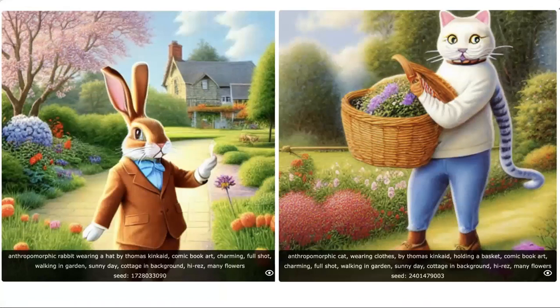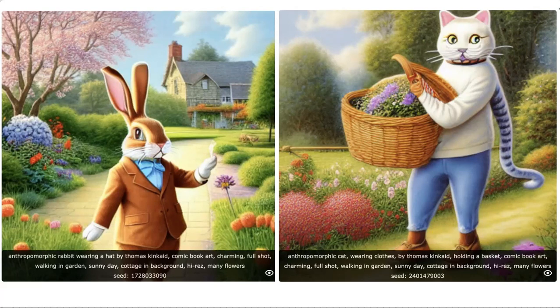A little bit later, it gets better. Now it's crisper, still having some problems because I told this to be a rabbit wearing a hat. There's no hat. This one, I wanted a cottage in the background, no cottage. And this one's even weirder still because of the tail. I said anthropomorphic cat, meaning like a person, right? And his tail is growing out of his shoulder, instead of wherever it would be. I would think it would be right about there. And then the basket's circling back instead of here. So still not perfect, but very impressive.